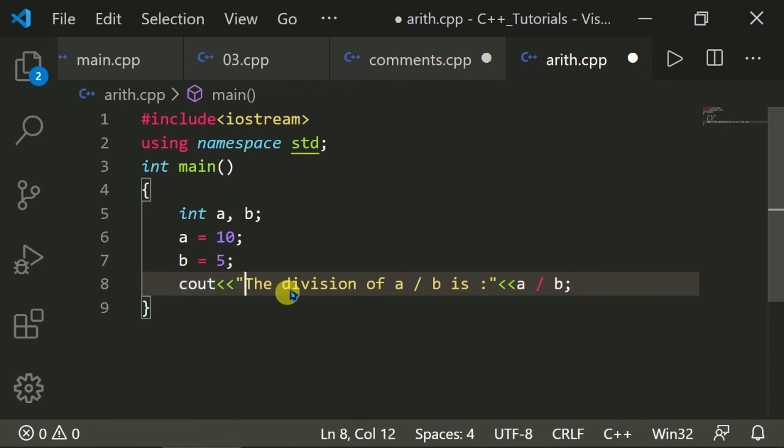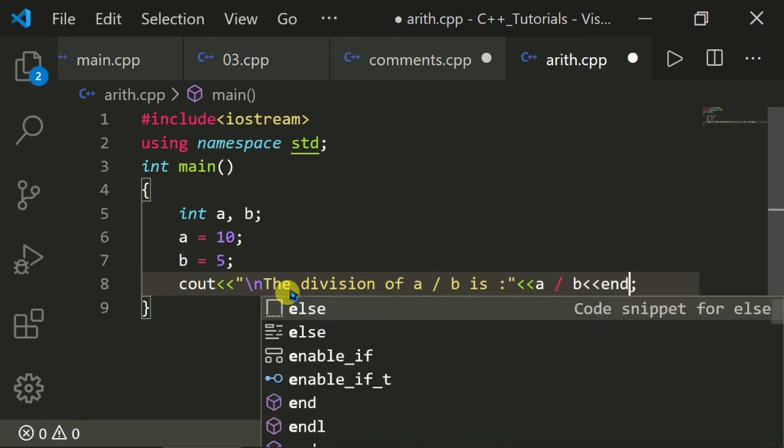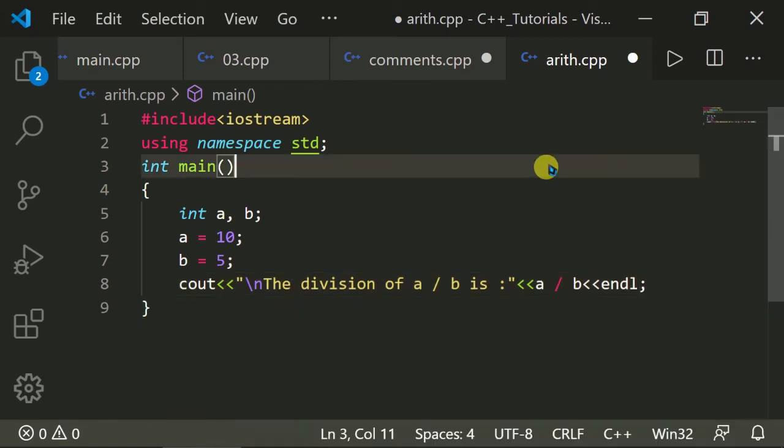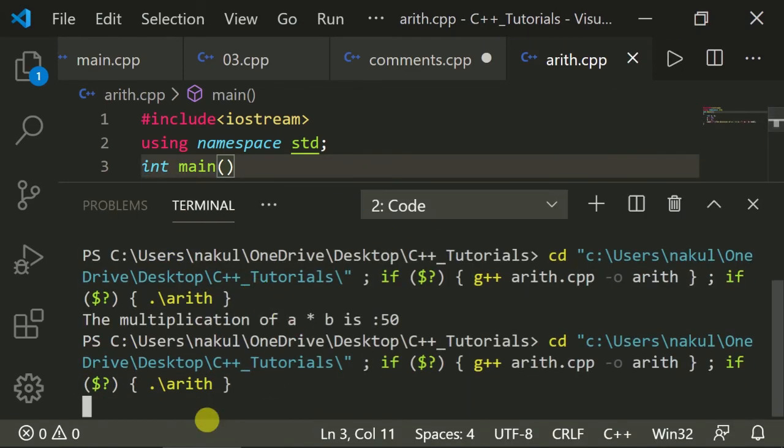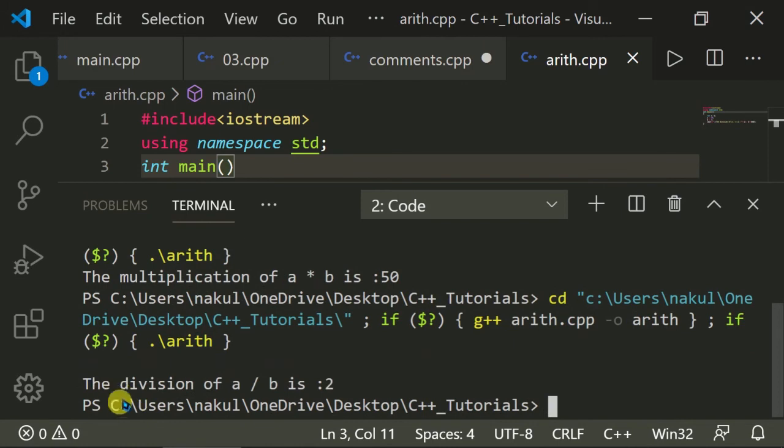Now let's make it a little clearer with a slash n, and also endl. That's great. So now we will get the division of a divided by b is 2, because if we divide 10 by 5 it goes 2 times.